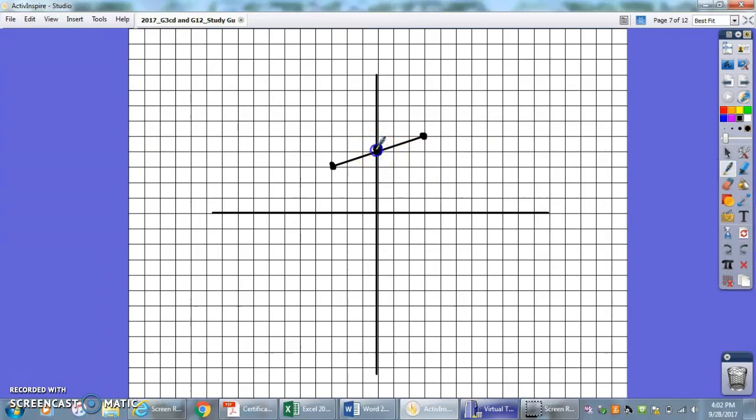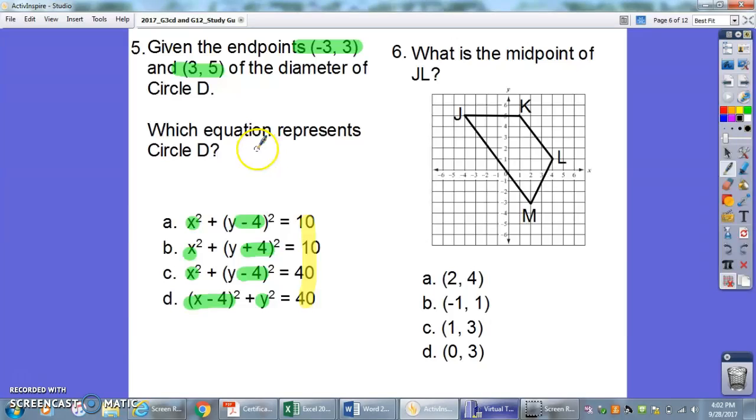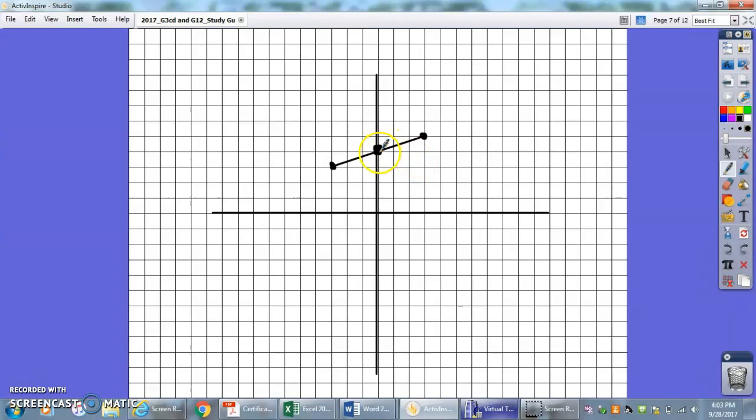That's definitely the center. So 0, 4 is my center. And then my radius is going to be this amount right here. Since this is my diameter, my radius is half, so 1 squared plus 3